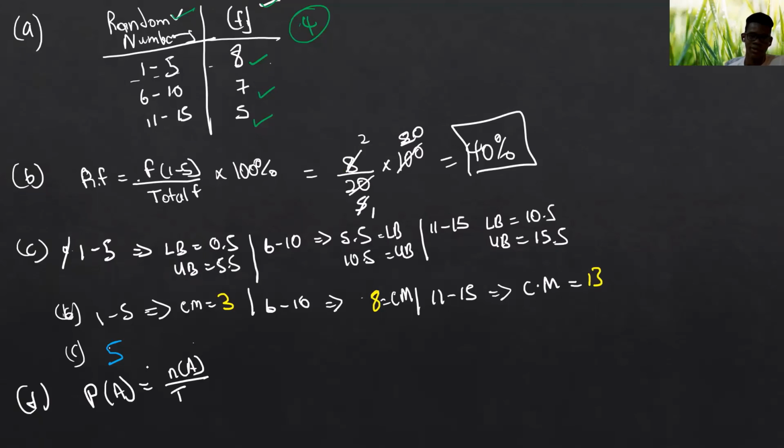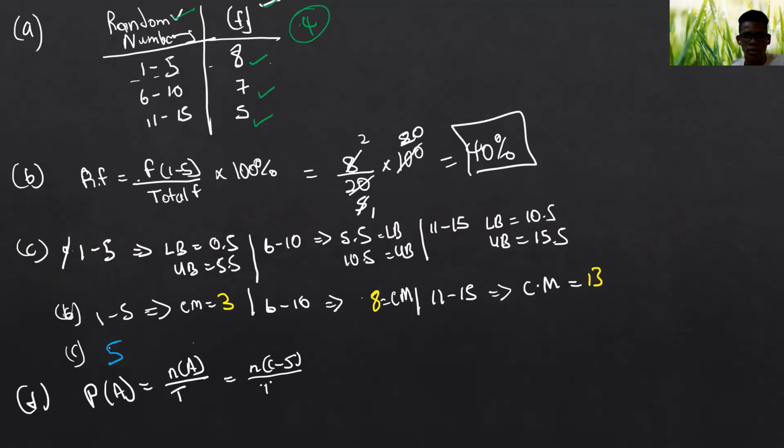Fancy jargon, all it means is it's the same as relative frequency. Right? Probability is the frequency divided by the total frequency. Knowing that the frequency for 1 to 5 is 8, divided by the total frequency,